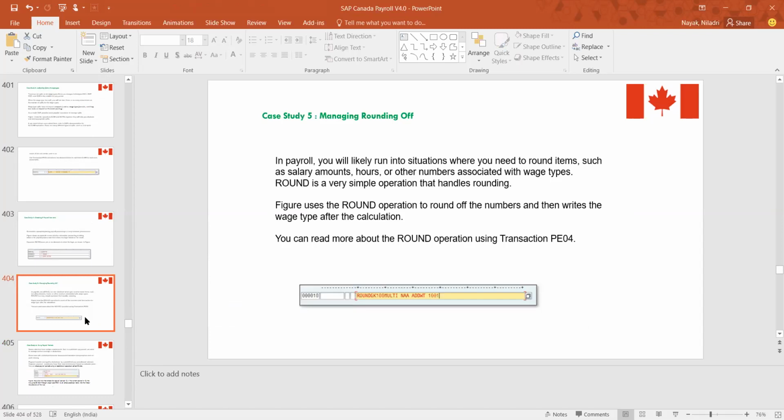Similarly, another popular one is rounding off. Rounding off is again a common scenario; in 99% of cases you'll be finding a rounding off. It may be up to what decimals, mostly up to 2 points after the decimal, depending upon your conditions. There is a predefined operation which SAP provides. You can use ROUND, that is the operation's name, and using that ROUND,